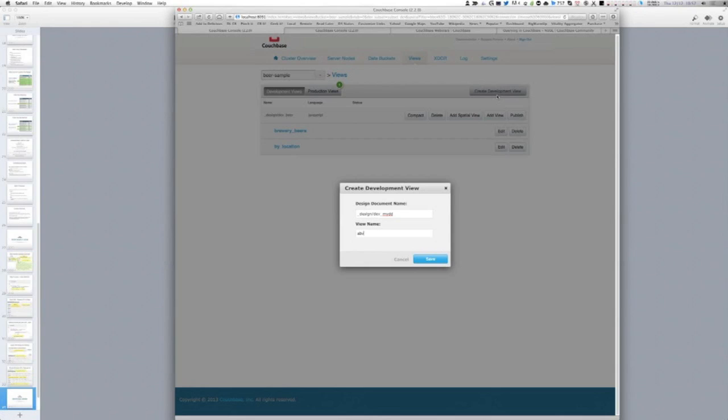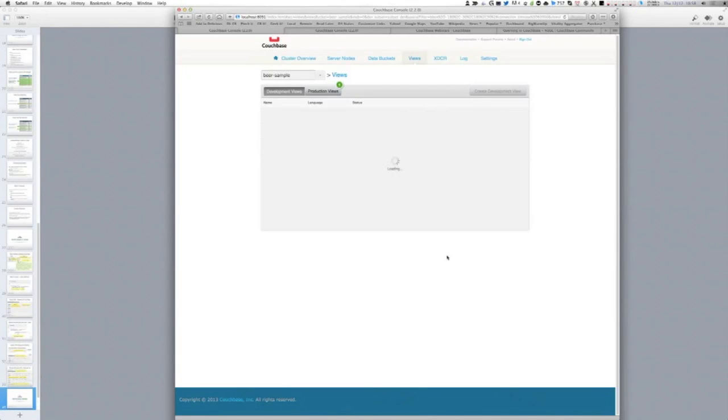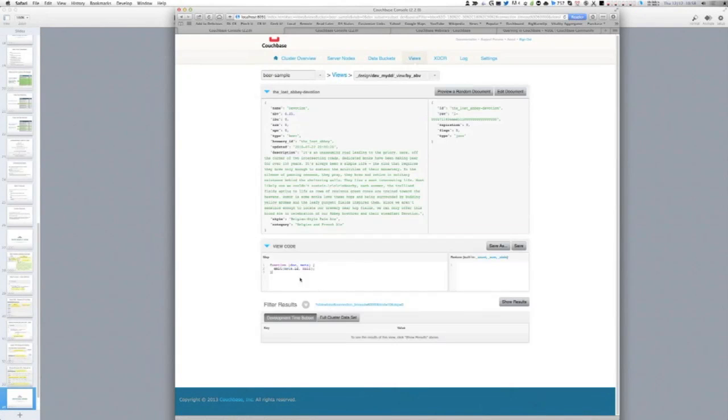I'm going to create a view. Since I'm using this data set, there's not a lot of reduces I can do, but I'm going to do it by ABV. It is similar to the demo I gave before, but there's not a lot of things in this data set that I can reduce. Let's see, I wonder if I can type and zoom in at the same time. So you guys can see a little bit better here. If doc.type